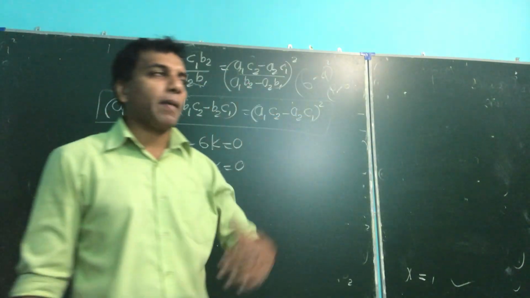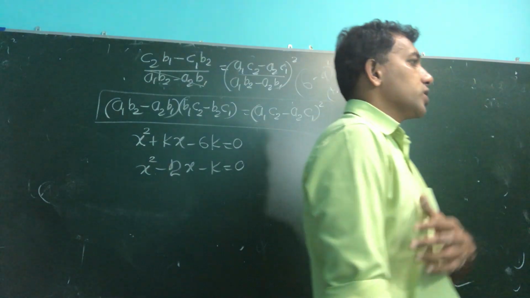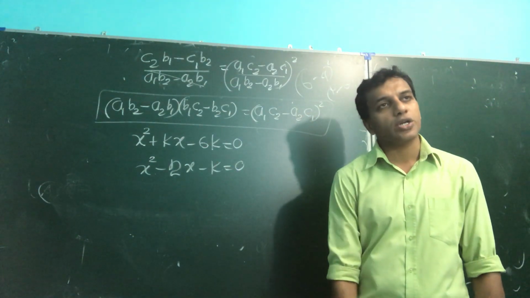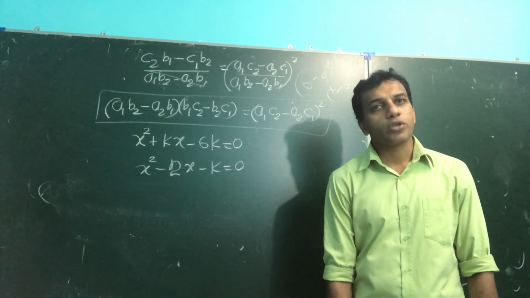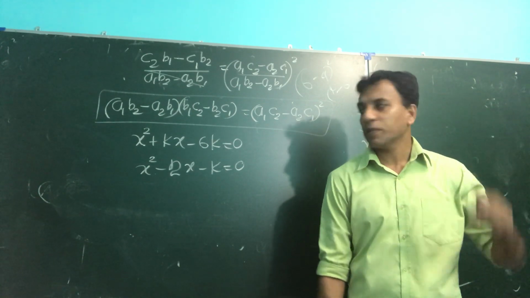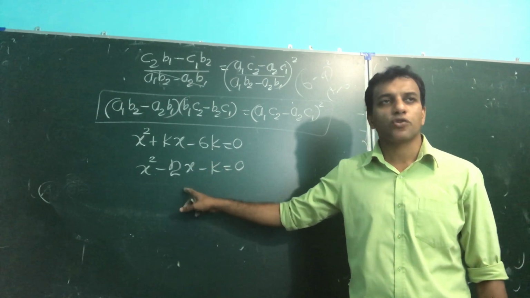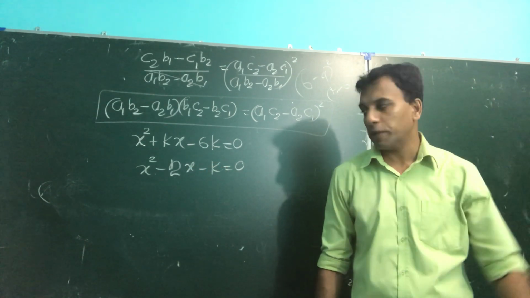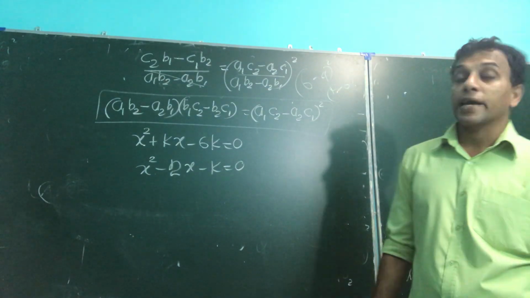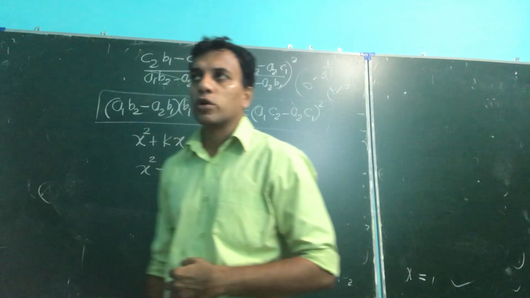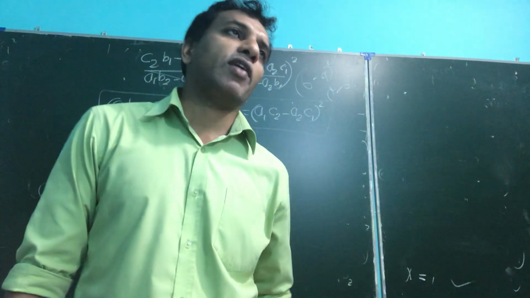So you follow the same method. Two equations are available here, a pair of quadratic equations. They say both have one number that is the same. For example, here 3, 8, here 3, minus 2. So 3 is common. Both have the same root, so we follow the same procedure. Take alpha as the common root and you have to find the alpha at last.